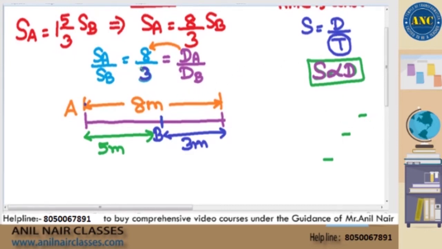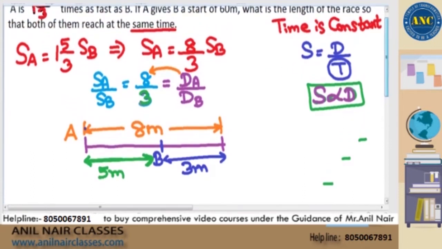That means I am telling my friend B, only travel for the last 3 meters. First 8 meters don't travel. That means I am giving you 5 meters free. Free is nothing but in this question it is head start. Both are same. That means can I say that